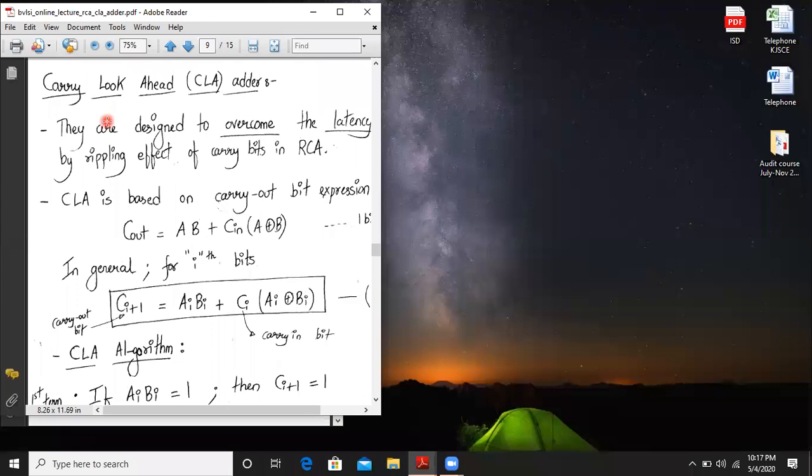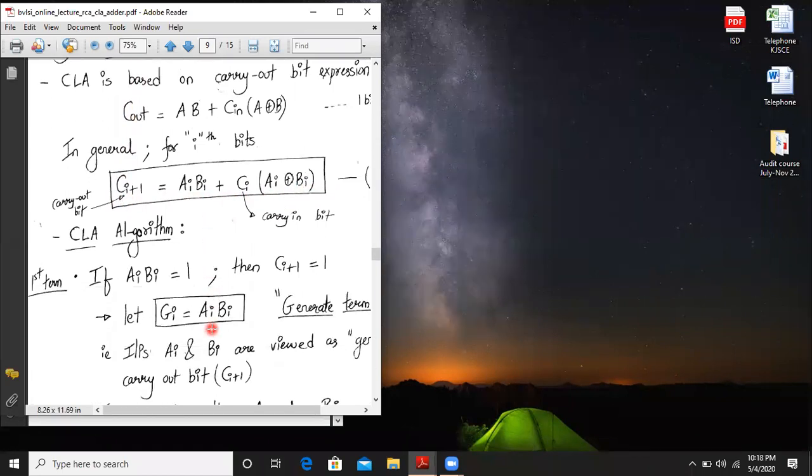Now since we have to design a carry look ahead adder, we have to go back to the equations of the carry, the general expression of carry, and the general expression of sum. So this is the carry out expression, that is Ci+1 is equal to Ai Bi plus Ci into (Ai XOR Bi).